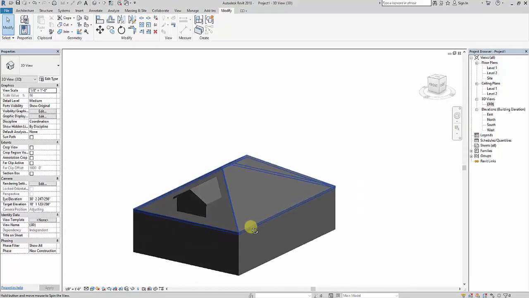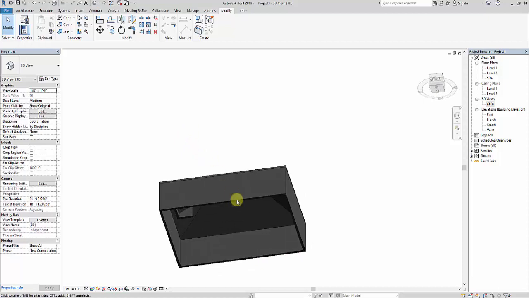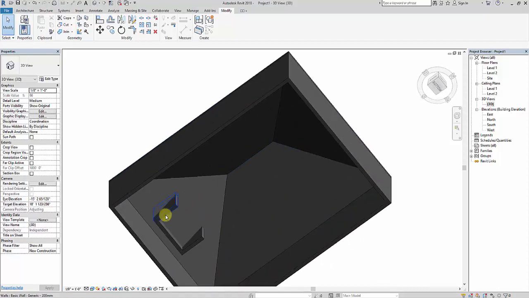So what is the next step? The dormer window is being created outside but not inside. I need a dormer cut here, in the place where I have placed my dormer window. So what I have to do is subtract this place where I have placed my dormer window.